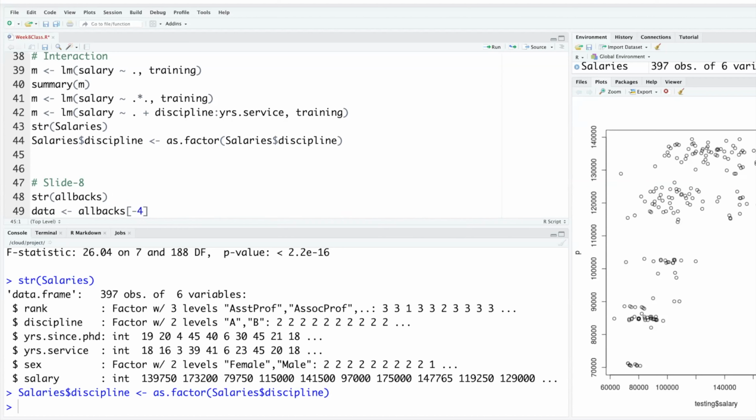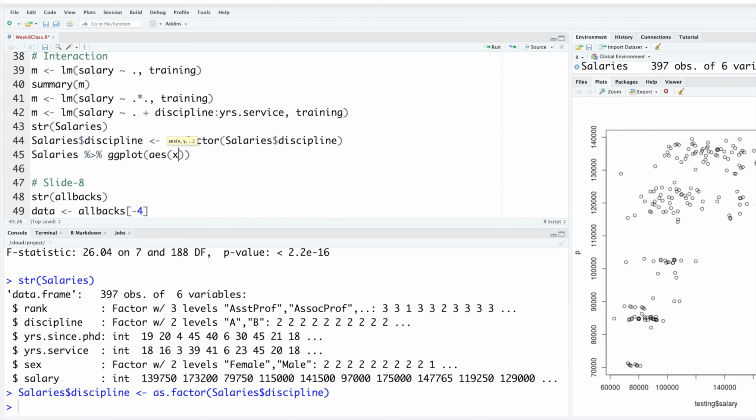Let's use those two variables and I'll make a plot to clarify what interaction is. We want to connect this, Control Shift M for that pipe symbol, percentage greater than percentage. ggplot AES aesthetics.